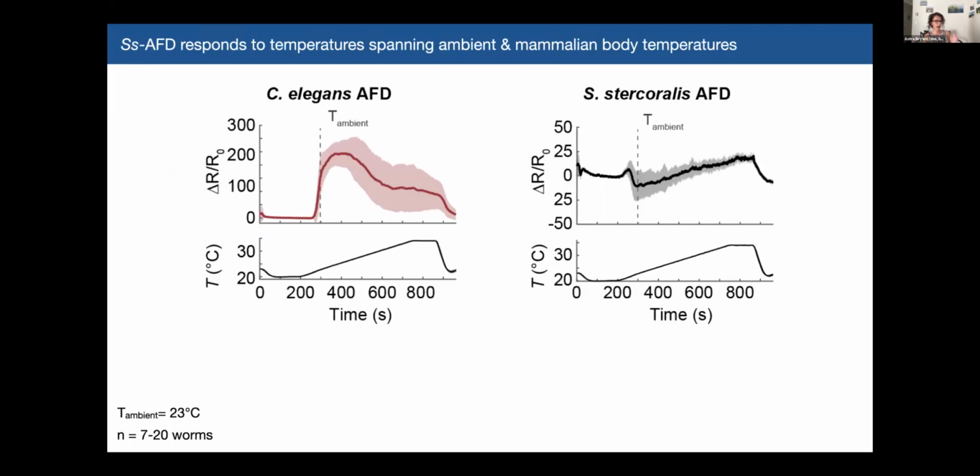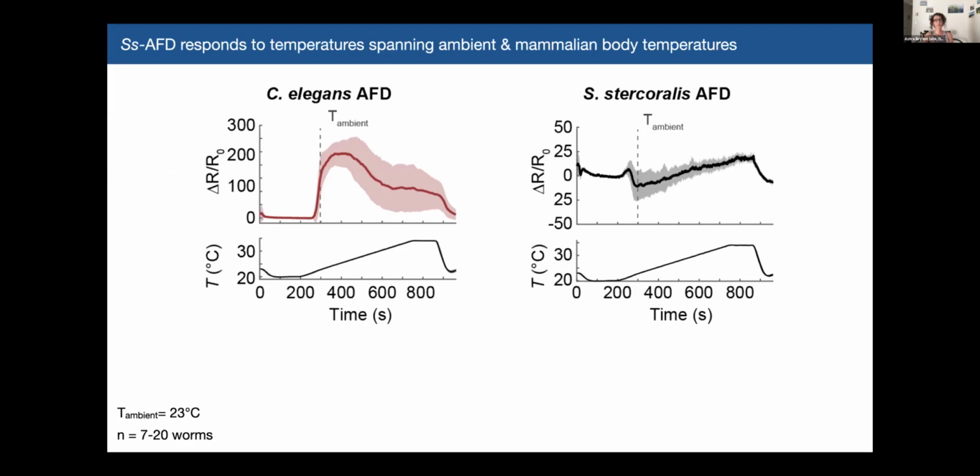So here I'm showing you average temperature-driven calcium responses in both C. elegans and stercoralis AFD neurons. For the aficionados, for both species, I'm using the ratiometric calcium indicator chameleon expressed in AFD neurons only. What we can see is that for both C. elegans and stercoralis, AFD shows increased activity when I deliver a temperature ramp ranging from below ambient to human skin